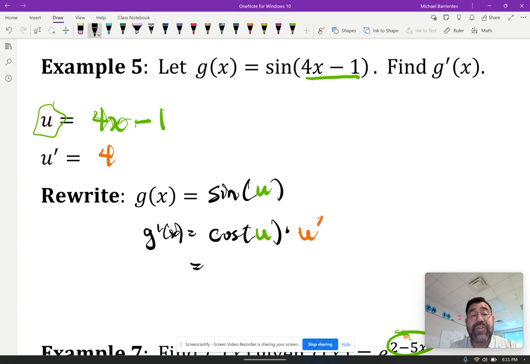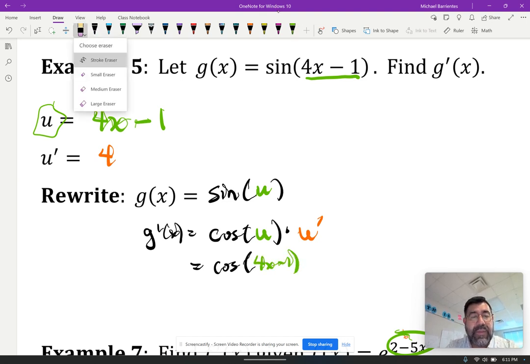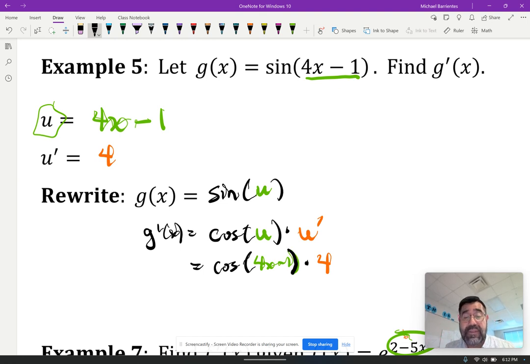Now let's put everything back in terms of x. That would be cosine of 4x minus 1, times, and I'll do this one in orange, 4. Again, I can't multiply 4 in here because this whole thing is inside of cosine, right? But I can put the 4 in the front, and I can just say this is 4 cosine of 4x